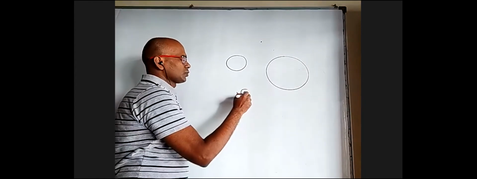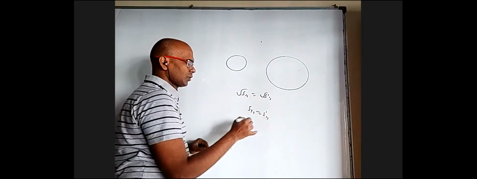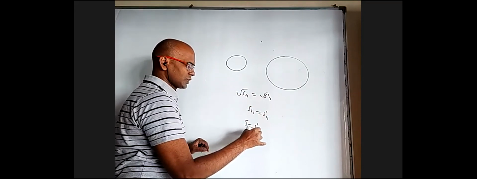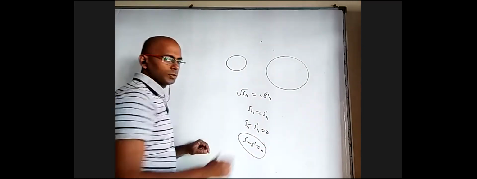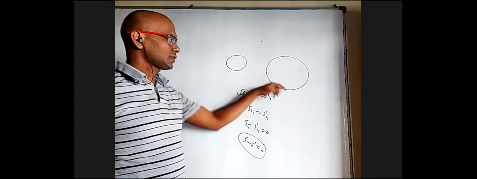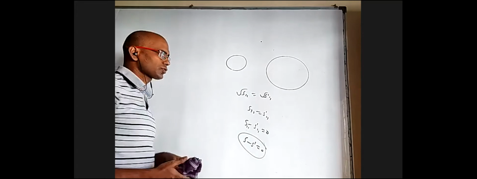Okay. So that means basically root S11 equal to root S dash 11, or S11 equal to S dash 11. When you bring one side, you'll get S11 minus S dash 11 equal to 0. Locus means S minus S dash equal to 0. So always the radical axis will be just subtracting the two circles. Of course, the x square and y square coefficients should be the same.